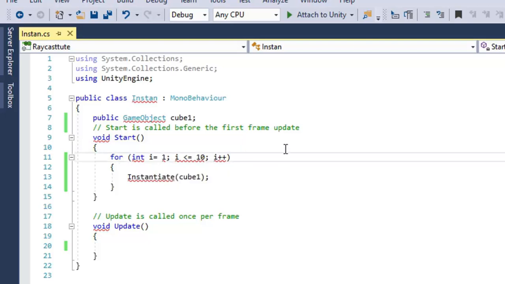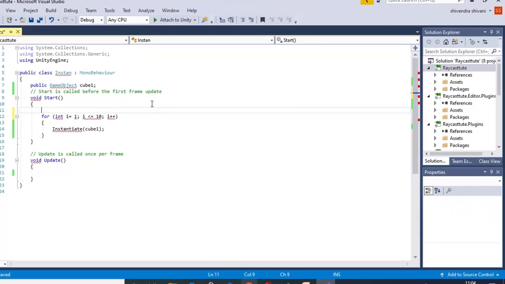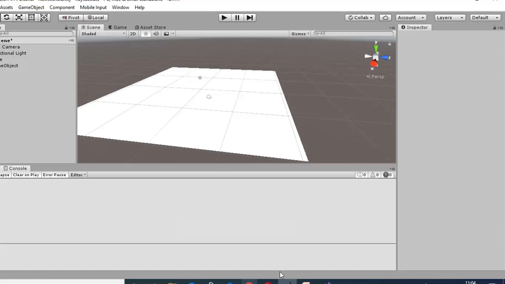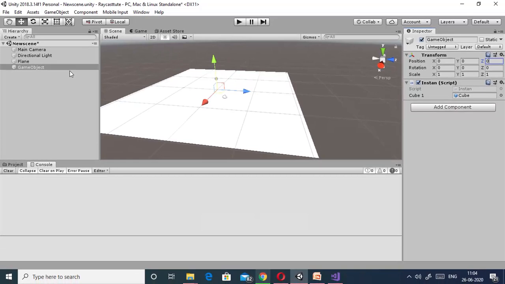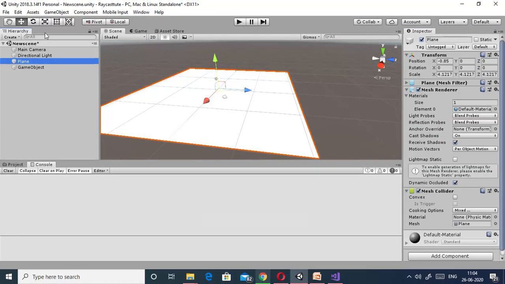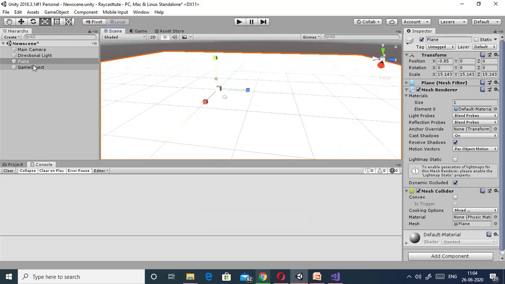Here, first of all, is the empty game object. We can make it the default value, suppose this is 0 0 0. We can also enlarge the size of the plane.